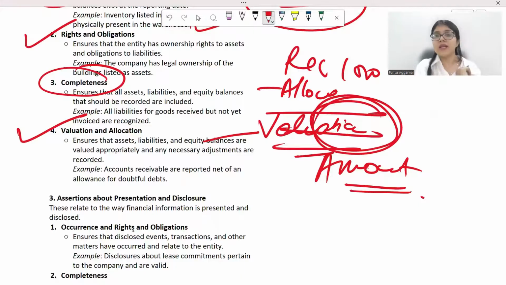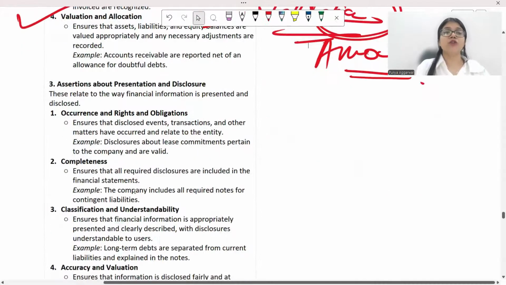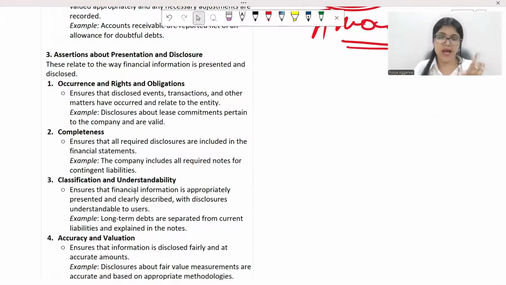So for example, if I take an asset, building लिया मैंने, उसमें से depreciation when I subtract, that is my net amount that should be correctly valued. Okay, that is the valuation assertion. Now coming to the third topic, which is your presentation and disclosures. So presentation disclosure तो आपको पता ही होगा that we have as per IFRS, the normal standards. Then we can have as per the local legislation as well. So majorly those 2 things that we recognize over here.